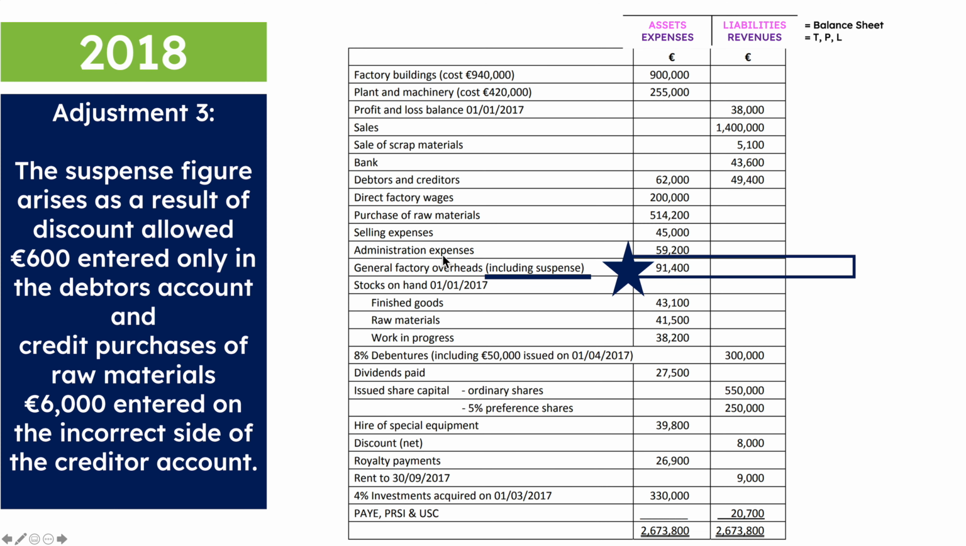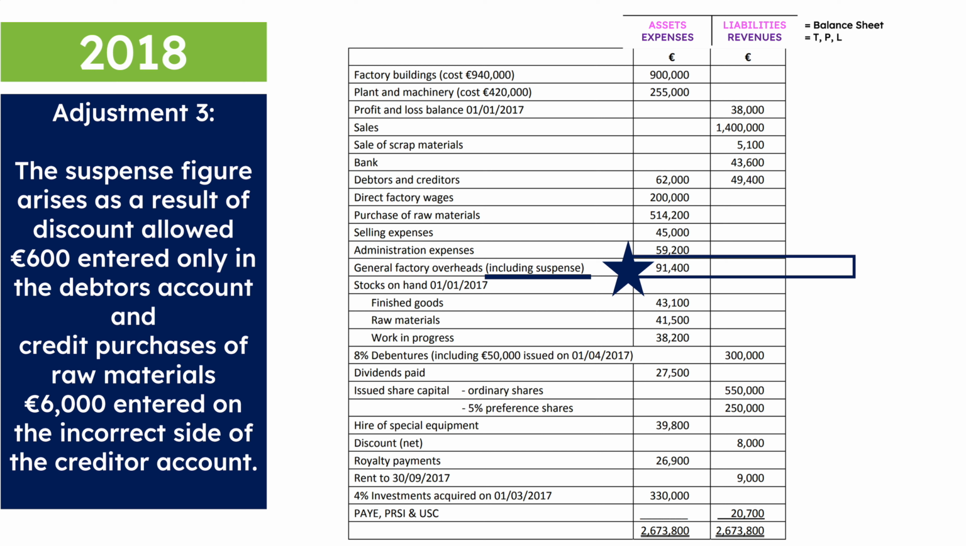All right, 2018 manufacturing account. So it was adjustment 3 here this year. So the suspense figure arises as a result of discount allowed 600 entered only in the debtor's account, and credit purchases of raw materials 6,000 entered on the incorrect side of the creditor account. Okay, so discount allowed 600 entered only in the debtor's account. So what other account does it need to go into? It needs to go into the discount